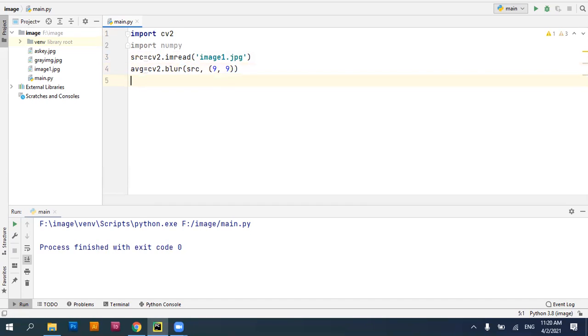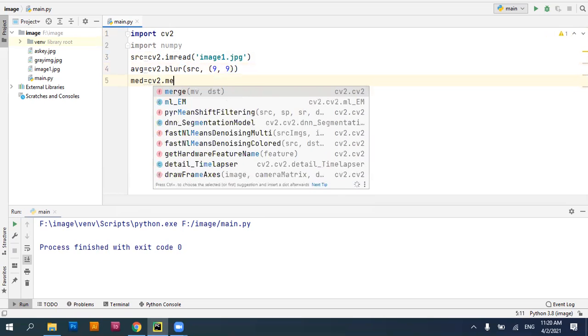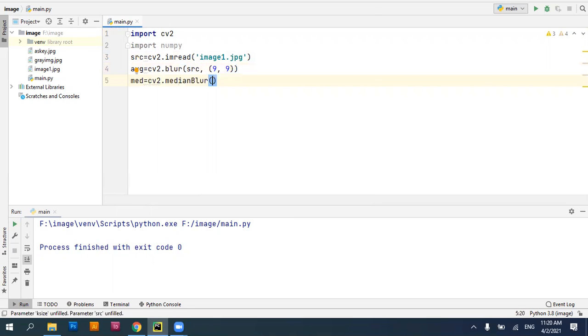Very similar to that, we can also apply a median blur effect to my image. So I'll be taking another variable called med, and I have an inbuilt function called cv2 dot medianBlur. Here, I have to apply this median blur on the source file, that is src, and you have to specify the percentage of the median blur effect that you want to apply.